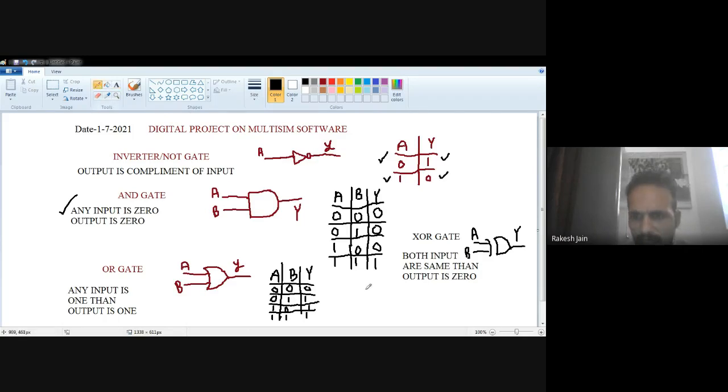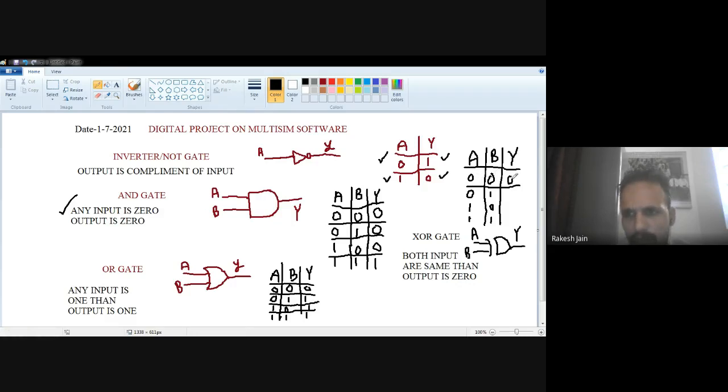Definitely here 2 inputs are there, A and B. I am writing them here, writing down the table for this XOR gate. Here also 2 inputs and one output. So the possible combinations should be 0 0, 0 1, 1 0, or 1 1. When both inputs are same, see A is 0, B is 0, both are same,